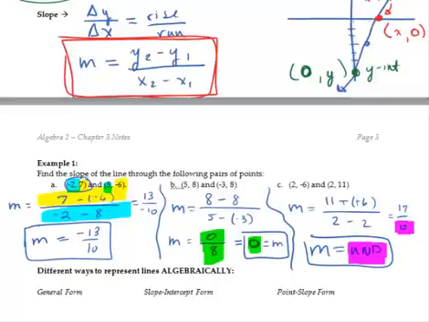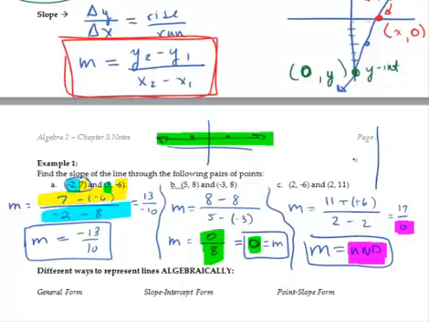When we talk about slopes and what they look like, think about what this looks like in a picture. So if we have 5 comma 8, and if we had negative 3 comma 8, the line is doing this. This is what a slope of 0 looks like. It's a flat line. However, when we have 2 comma negative 6 and 2 comma 11,